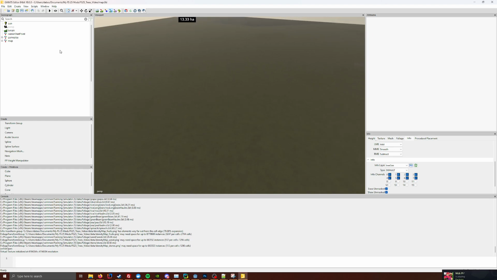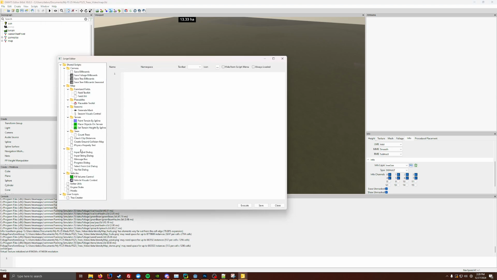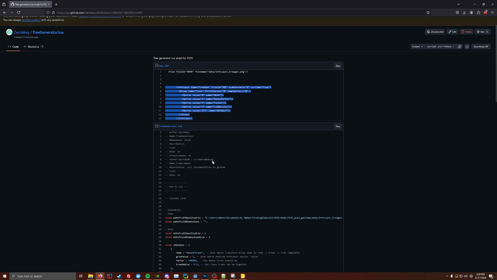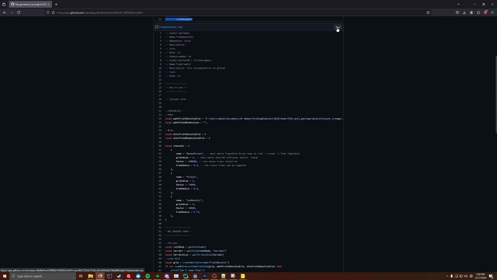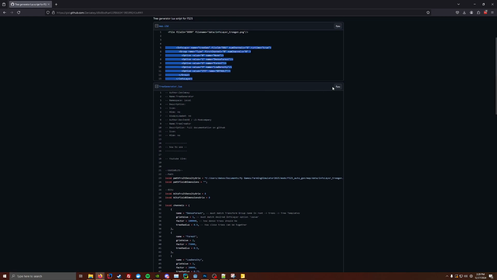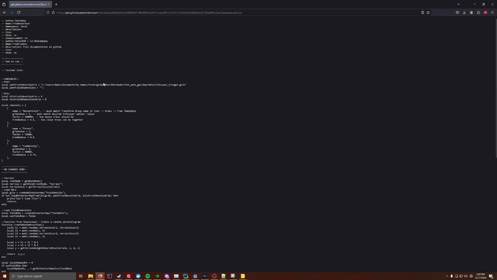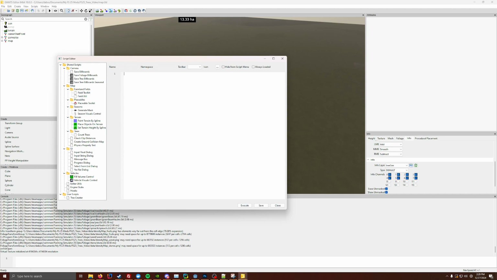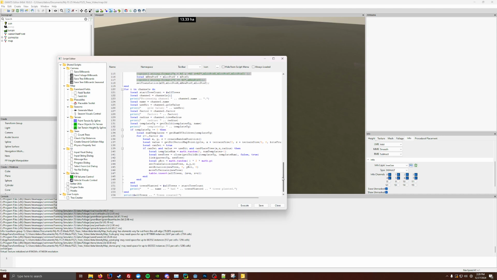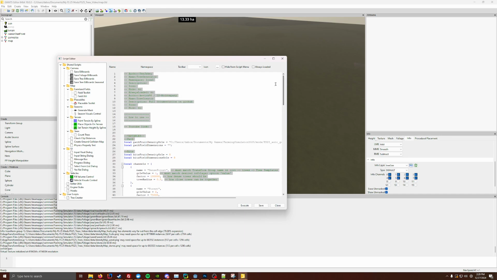So the next step will be to go to scripts at the top, or click on window and then script editor. You'll want to go back to the GitHub, click raw on this tree generator.lua. Press Control A to select everything, and then Control C to copy, and then you paste that in here. And then if you press save,